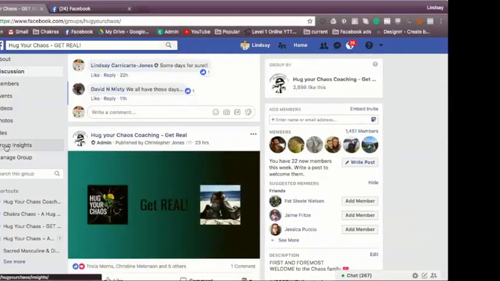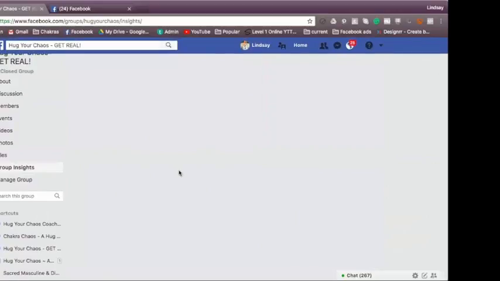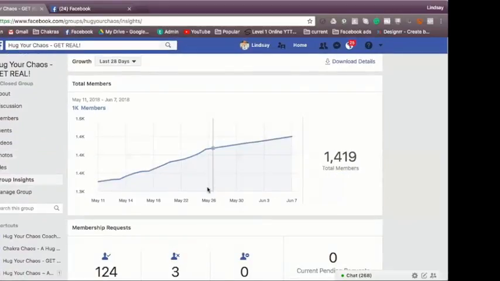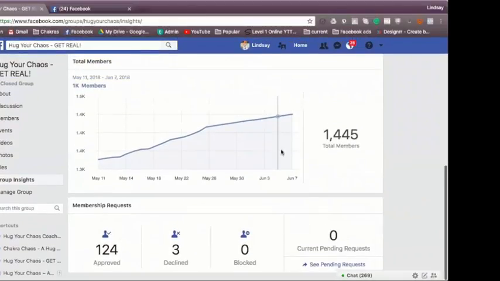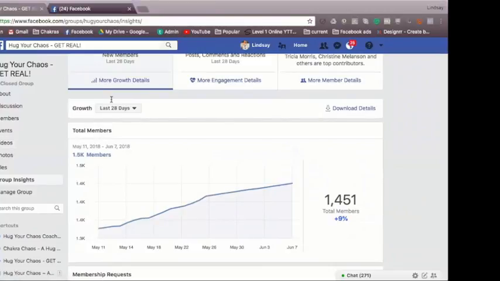When you're in your group, you have a chance to get a lot of insights. You can see who your active members are. You can do fun prizes and giveaways. You can see your group activity. There's a lot of ways to track what's going on in your group as well as your page. And those analytics are not something you have access to in your personal profile. Sure, you can go to a post on your personal profile and ask, who liked my post? But when you have a page and a group, you can start to get a clear idea of the demographics of this.